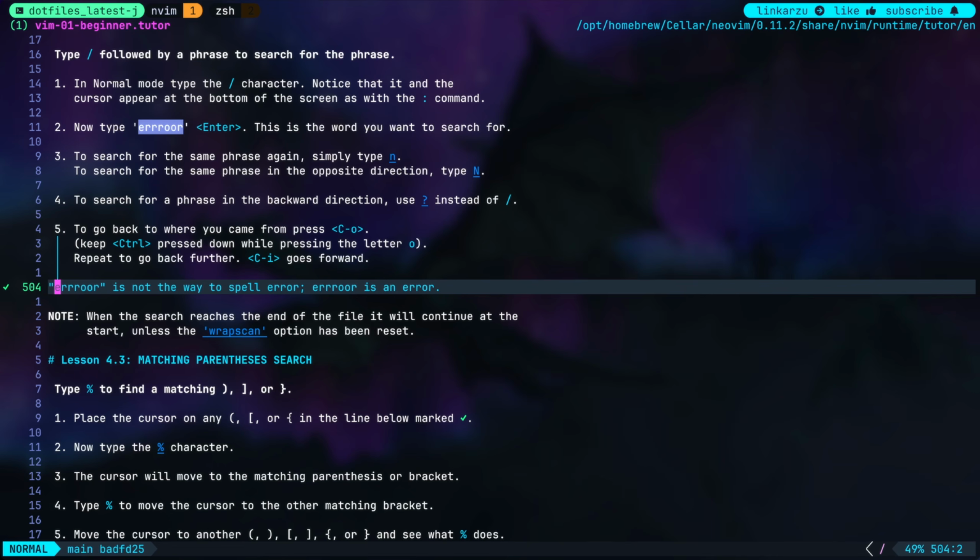To search for the same phrase again, simply type N. To search for the same phrase in the opposite direction, just type uppercase N. To search for a phrase in the backward direction, use question mark instead of /. To go back to where you came from, press Ctrl O. When the search reaches the end of the file, it will continue at the start unless the wrap scan option